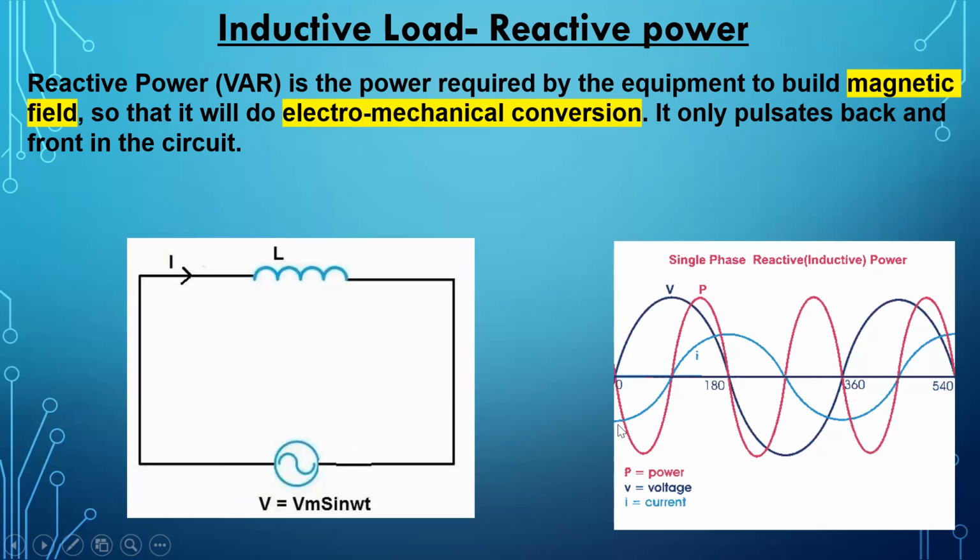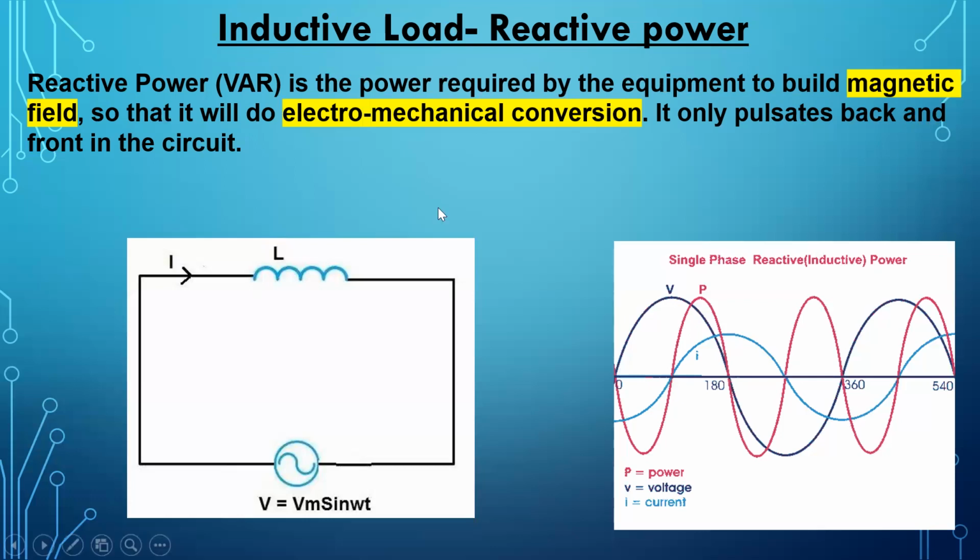So the current is lagging here. The current starts from here only. The 0 point of the voltage starts from here. After some angle difference only, the current is starting here. So this is our lagging. Lagging is approximately 90 degrees. So the phase angle difference is 90 degrees. So cos 90, cosine of the angle between voltage and current, cos 90. So that will become 0. So that is the power factor we have.